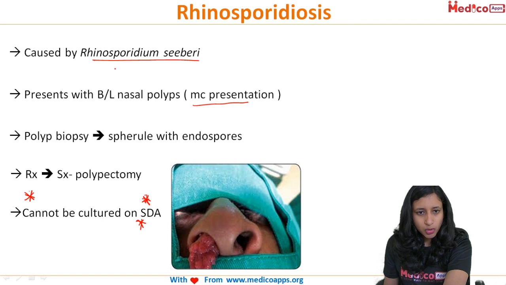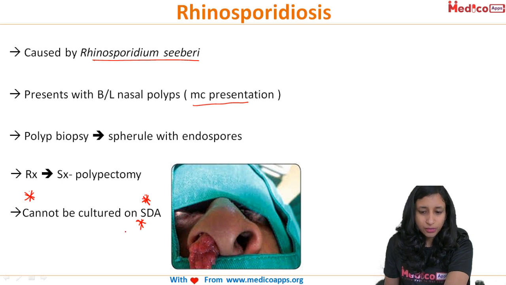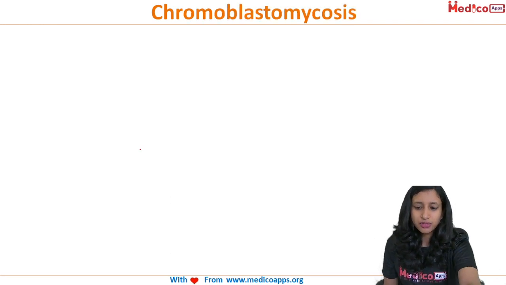So this is sort of a controversy as to what exactly this is. Is it a fungi or a hydrophilic protist? But the thing that you have to remember for the exam is that the organism that cannot be cultured on SDA is Rhinosporidium seeberi. So this is a case of Rhinosporidiosis. Now the next that we're going to deal with is what is known as your